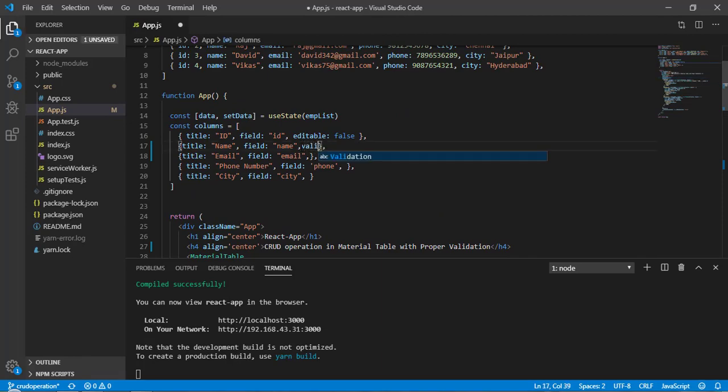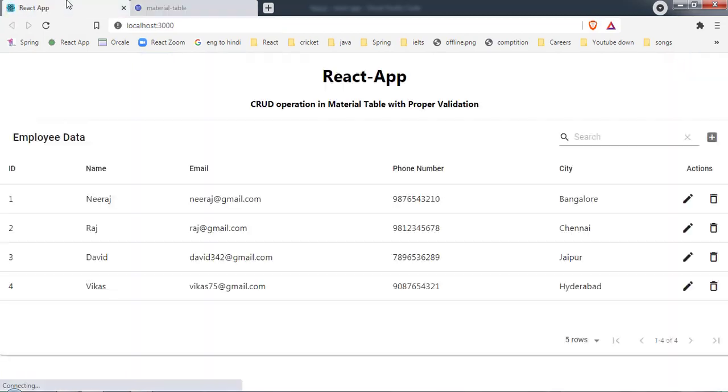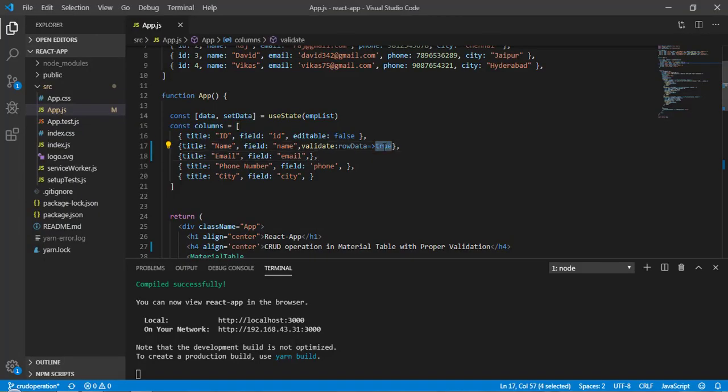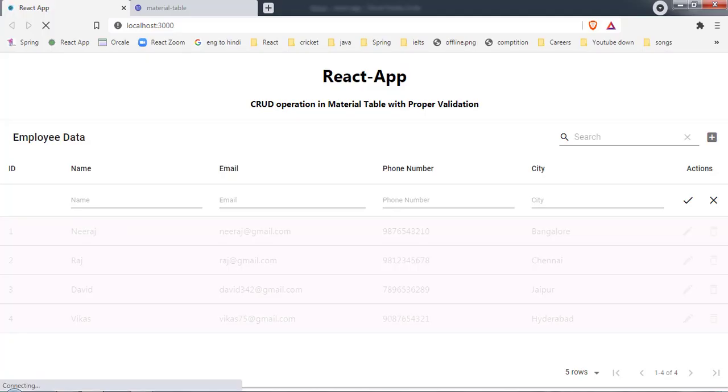So here, validate. Basically this is going to take a callback function with a parameter. I will call it rowData, and from here what I can do is return something. Suppose I want to return true here. Now save it, and let's come back here. If I come here, you can't see any differences, but now if I change this value from true to false, and save this one, and let's come back here,